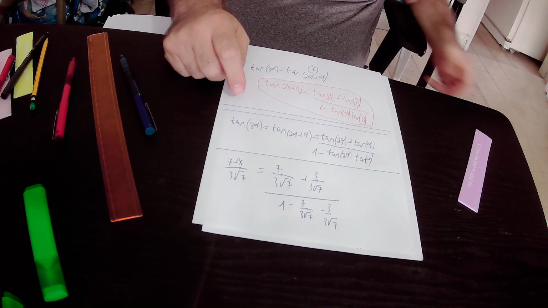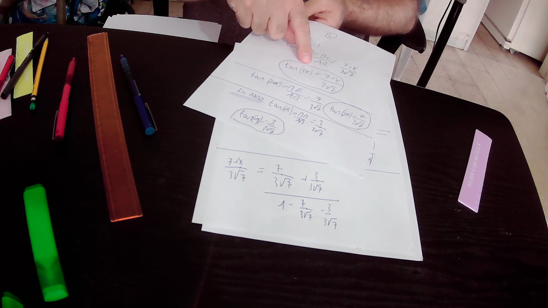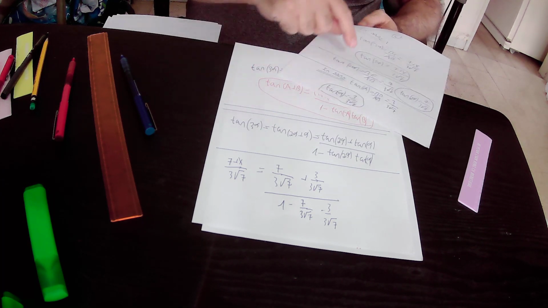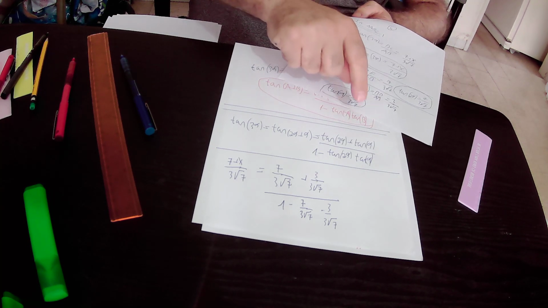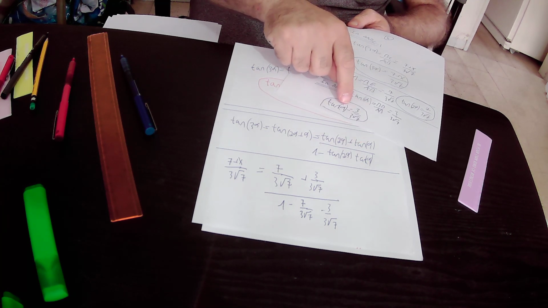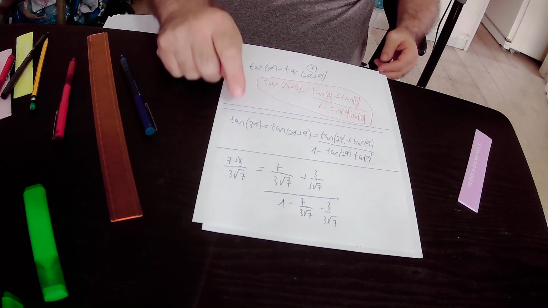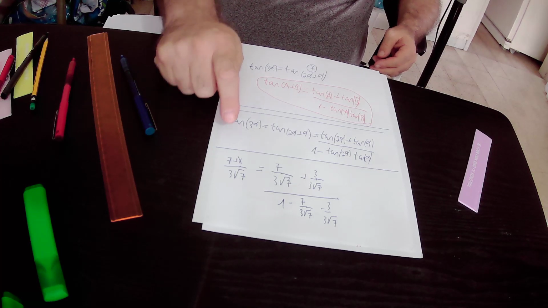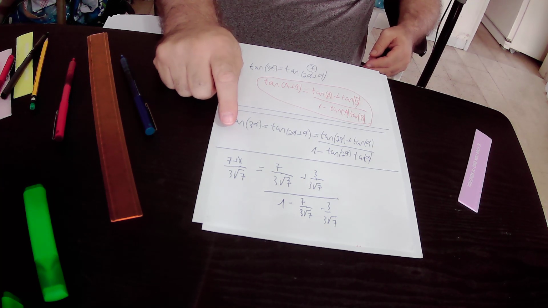Then we place the value of tangent 3 alpha from this equality here. We place the value of tangent 2 alpha from this equality here, and we place the value of tangent alpha in this equality from the value of tangent alpha from here, and we got to this equality. Actually here we have only one variable that is missing, that is x. We actually solved this equality,